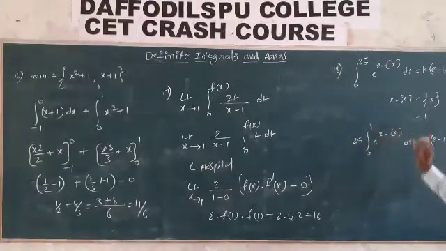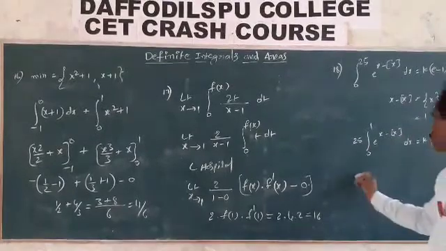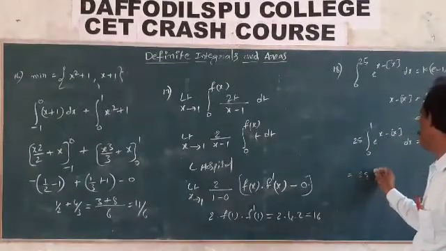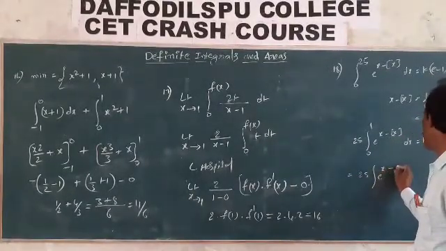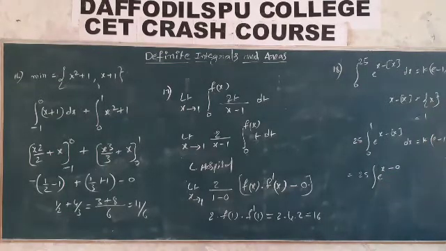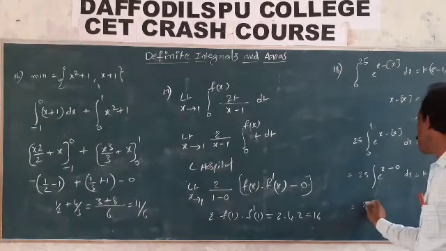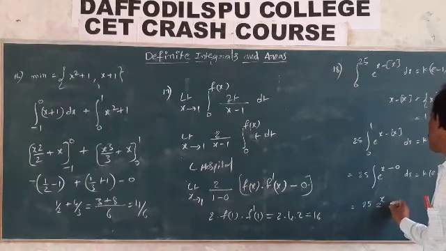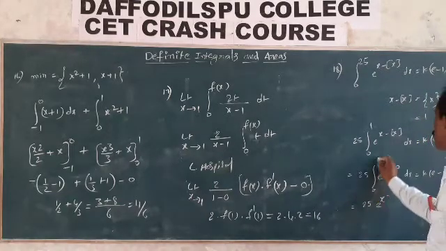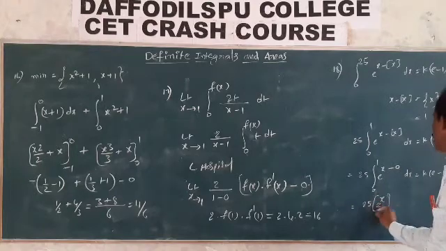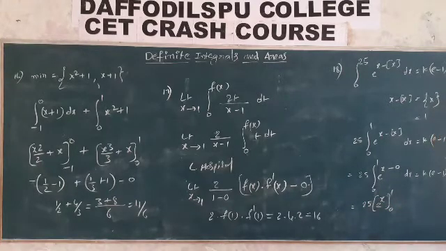From 0 to 1, what is the step x value? It is equal to 0. So that is equal to 25 e power x minus 0 dx. This is equal to e minus 1. So this is e power x. The integration of e power x is e power x, times 25. Okay. What are the limits? 0 to 1. Under the limits, the upper limit is 1 and the lower limit is equal to 0. This is equal to k of e minus 1.